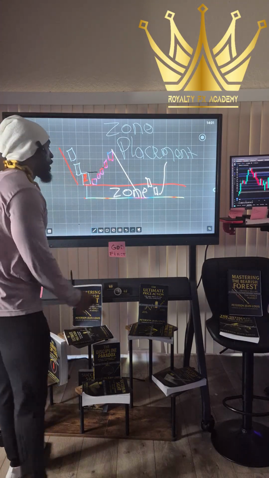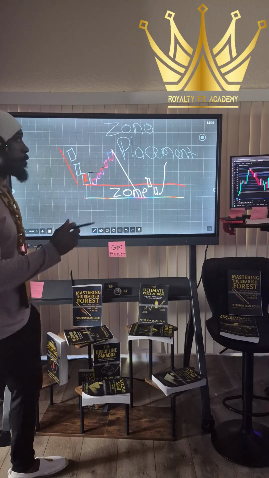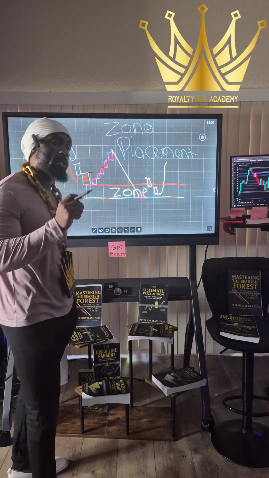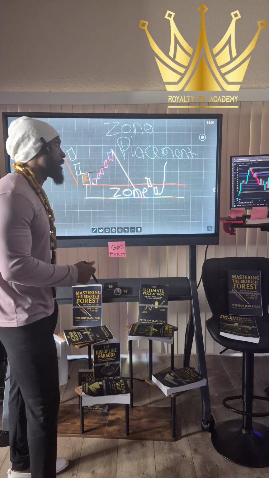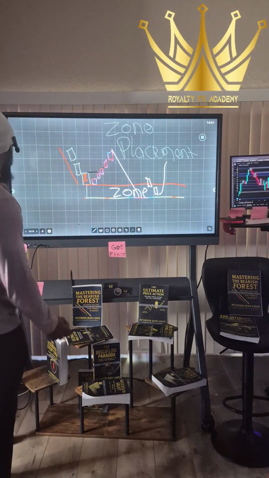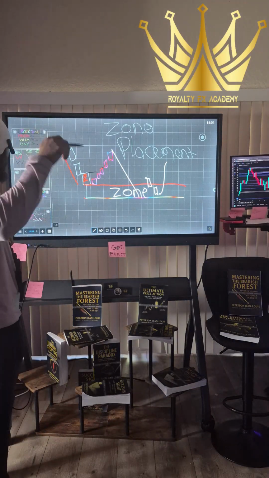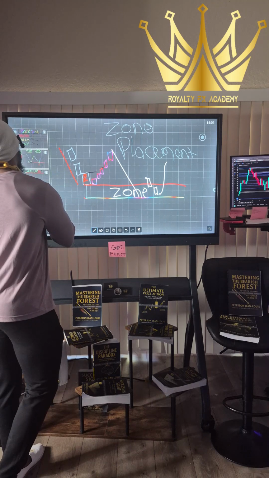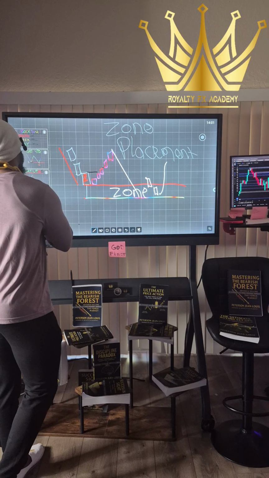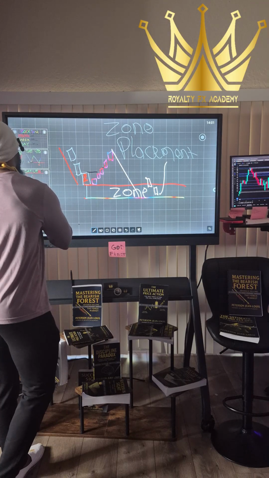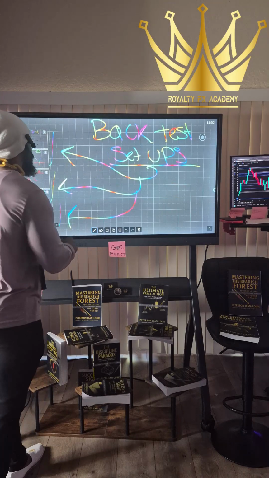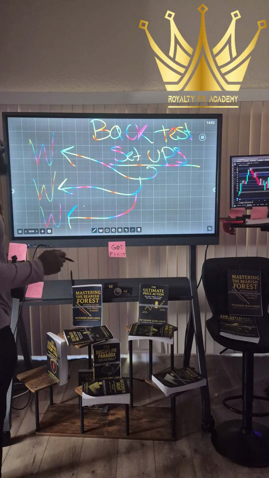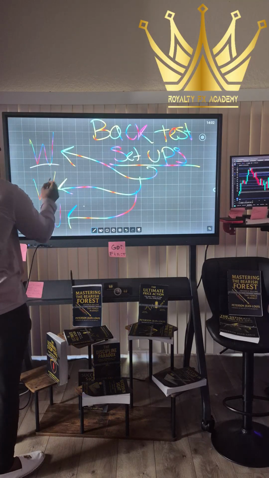So what we're about to do now, everything I just went over, we're going to go over each one of them, actually looking at the chart, showing you how it looks, starting from the highest time frame. So let's go ahead and jump straight to that. Now, one little thing though, before I do go to the chart itself, I just want to make sure you understand when it comes to these